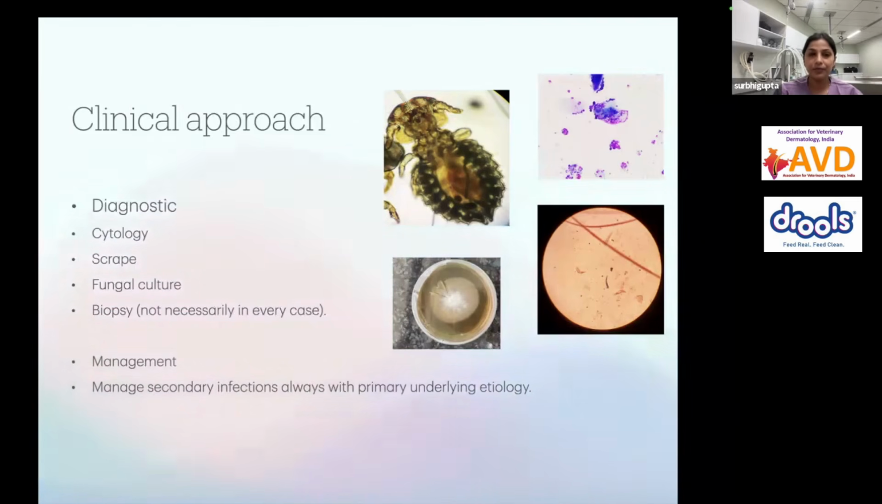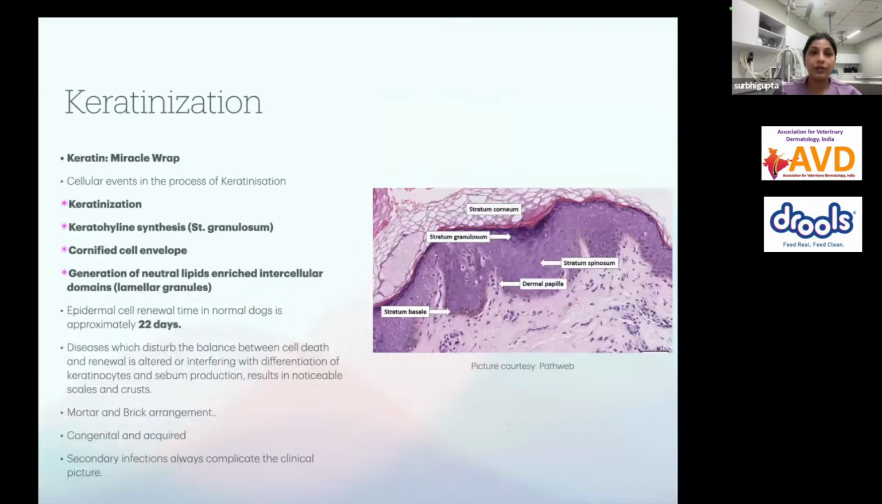Okay. So 90% of the cases which you are going to see in your clinical practice, these crusts and scales are always secondary to some other disease which is going on. It means in them, actually, the keratinization process is not affected. Okay. So before coming on to the primary keratinization disorders,